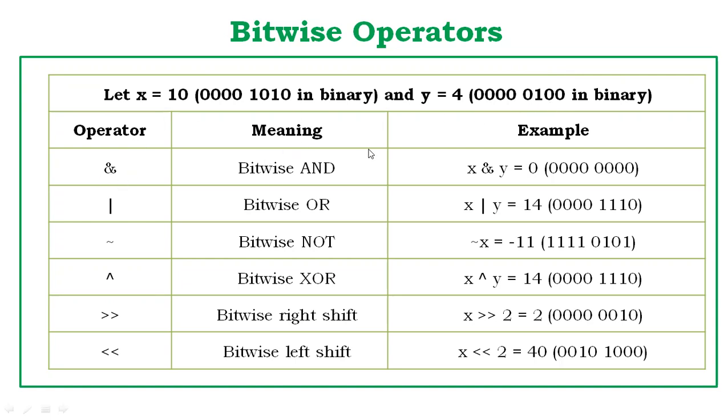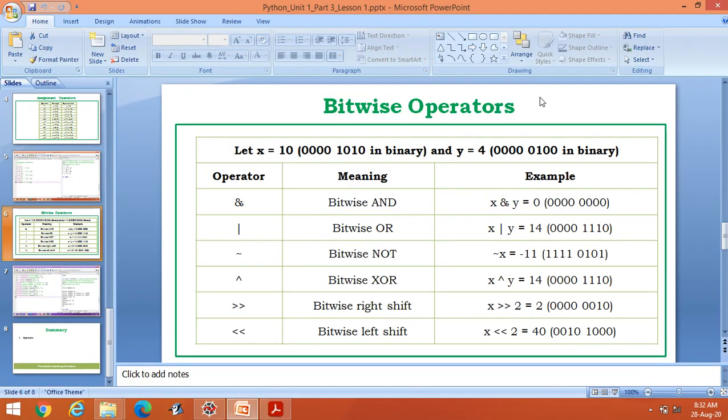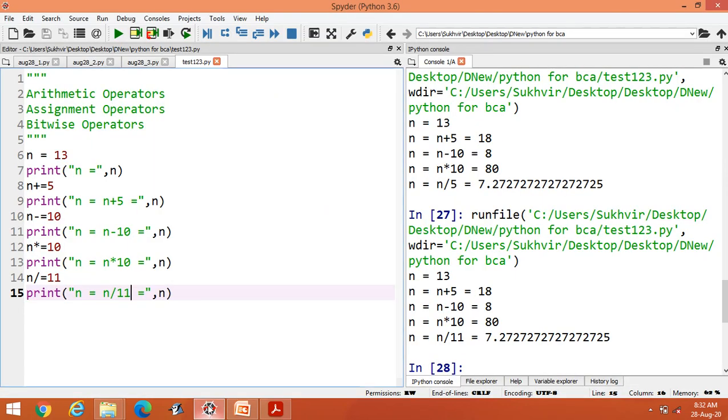Suppose I have to calculate bitwise AND of x and y. Then what will be the output? What is the meaning of AND? AND stands for if both the values are 1, only then the output is 1. Otherwise output is 0. In this case 0 0, answer is 0. Second value 1 0, again the answer is 0. And third value is 0 1, again the answer is 0. And 1 0, again the answer is 0. Let's check these contents in programming so that we can understand the content well.